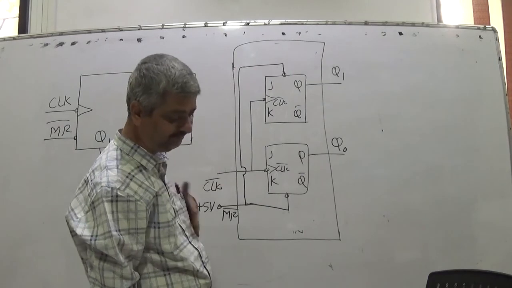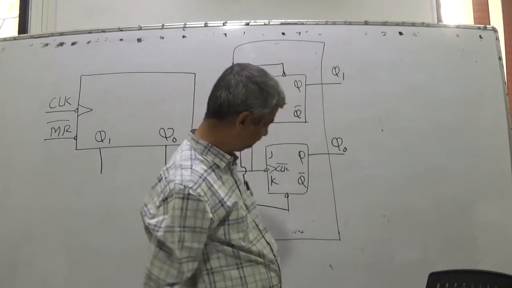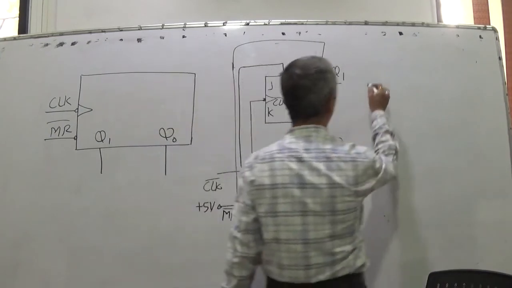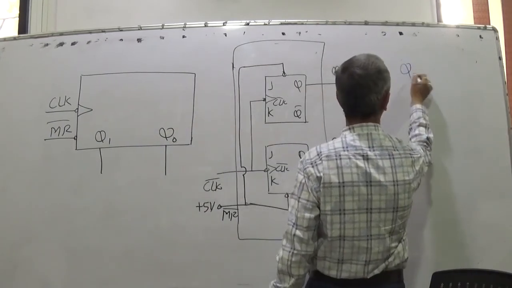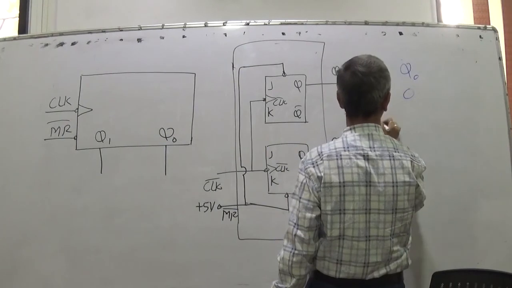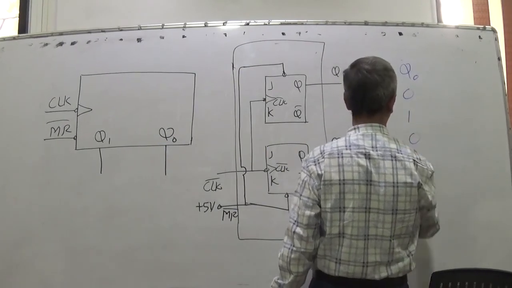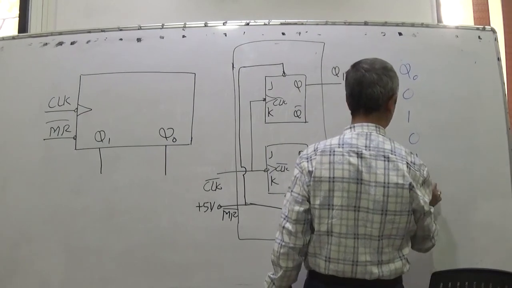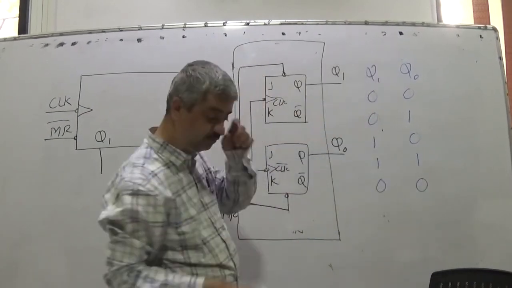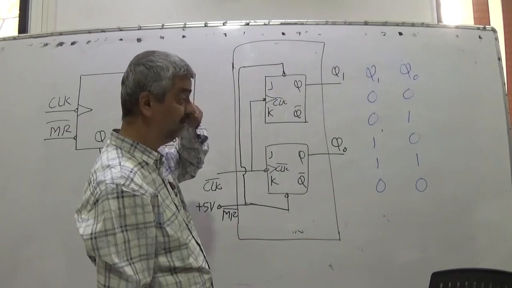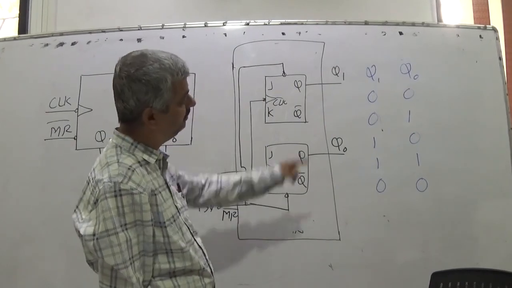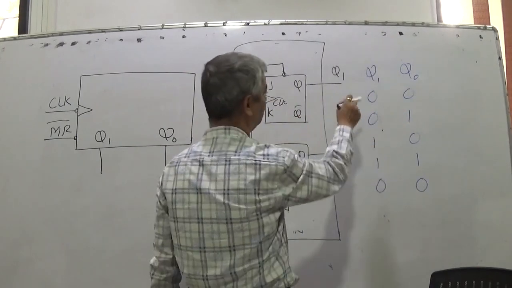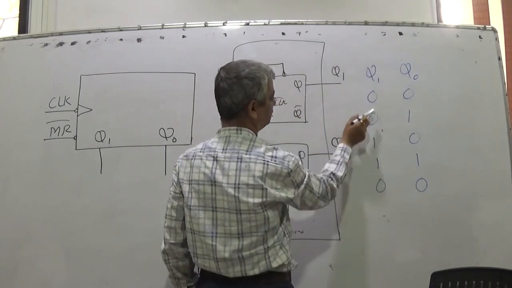Now what we want, and what sequence we want? Q1, Q0: 0, 0, 0, 1, 1, 0, 1, 1, then 0, 0. So what we want, this is at each clock. After every clock, outputs must go on